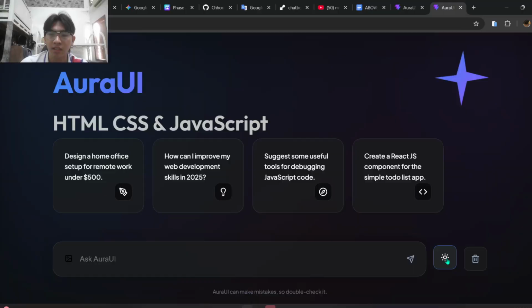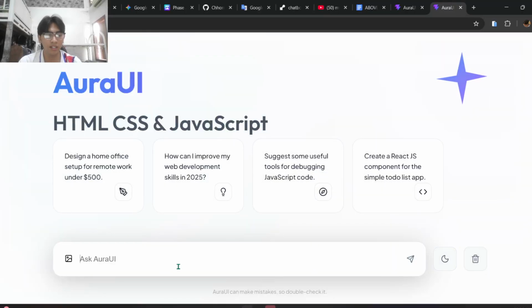So let's refresh it and test asking about a POS system.